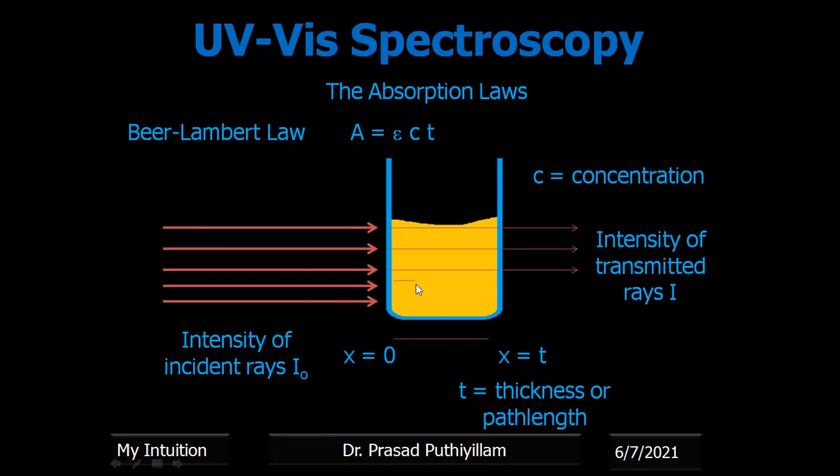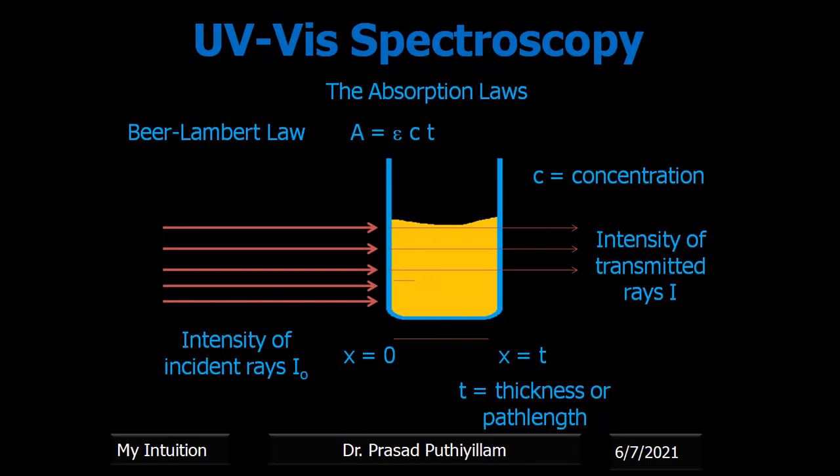If I take it as a small x, initially x was 0 and here it becomes x equal to t. That means this is a small portion; in mass, we are dividing it into different portions, or we are considering it as different layers. This much, whatever is represented here, is one layer, and a second layer, a third layer, like that. Different layers we are considering, because the statement also included different layers absorbing. Therefore, I'm considering different layers.